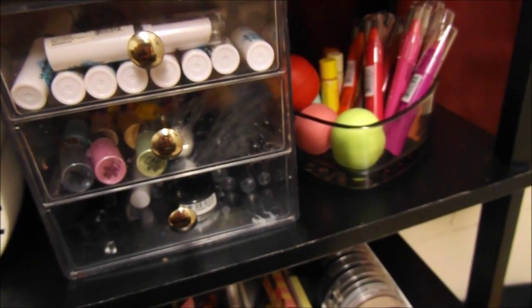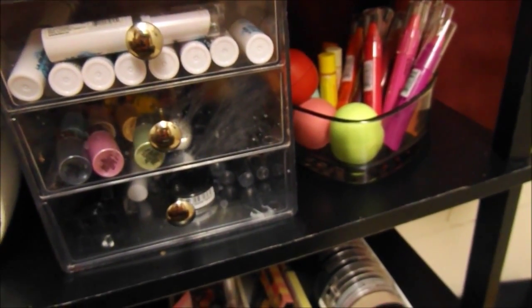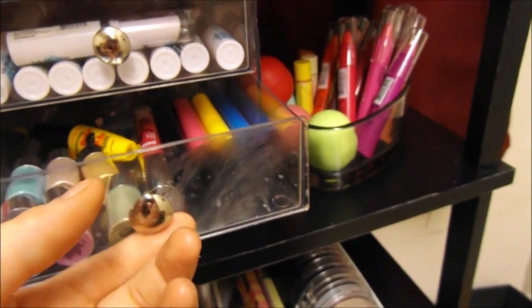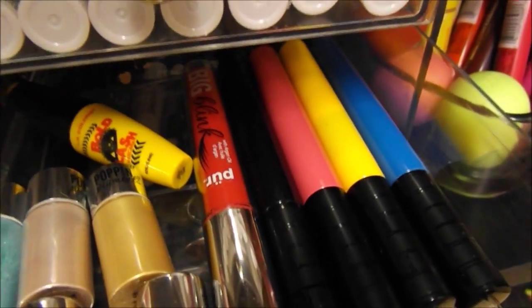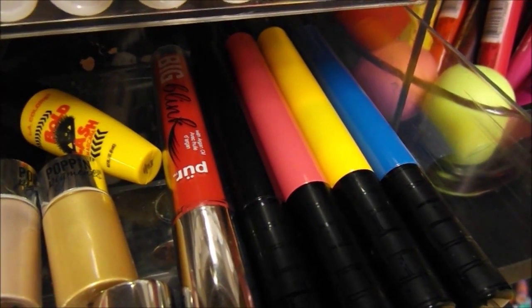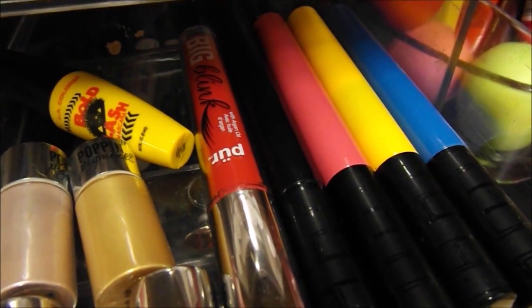Now, when I started downsizing my makeup and getting rid of all of my non-cruelty free makeup, a lot of my mascaras had to go because I had L'Oreal, Rimmel, Maybelline, and pretty much downsized my mascara collection completely. So the current mascaras that I have now, I have those 3 colored ones, and they're from Markwins Beauty, and I have them in blue, yellow, and pink,